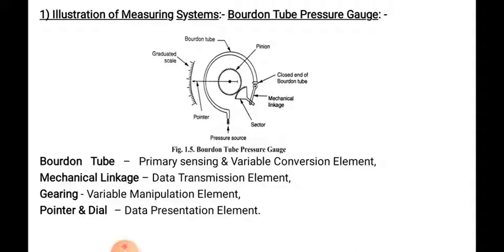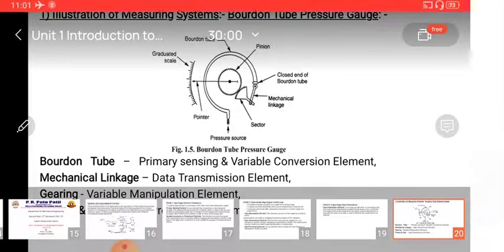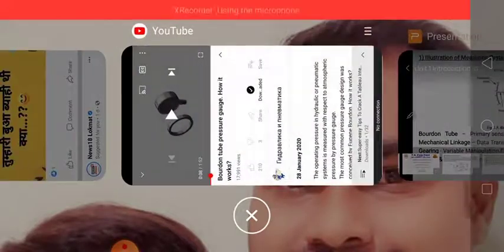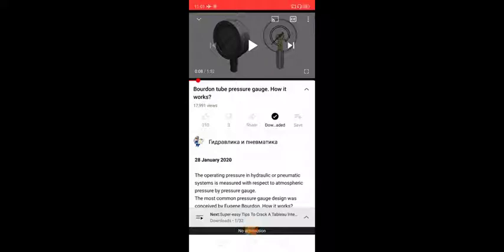Before actually going for the illustration of the measuring system of the bourdon tube pressure gauge, we will see one video related to the bourdon tube pressure gauge. Okay, so here